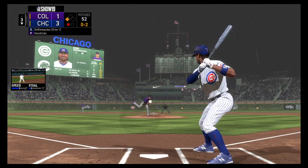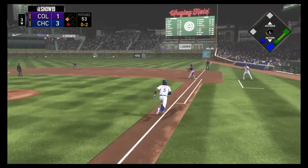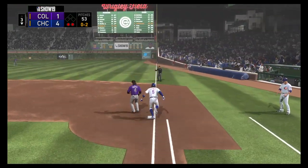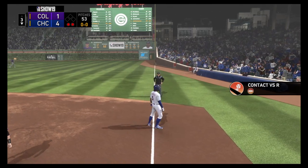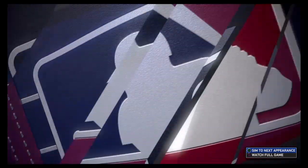The next 0-2. And a pitch down that's swung on and sent to second base. Throw to first is in time, but meanwhile the runner is in to score. That grounder was hard hit, and sometimes...